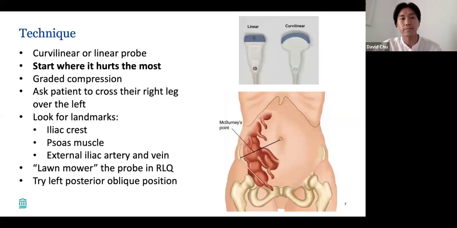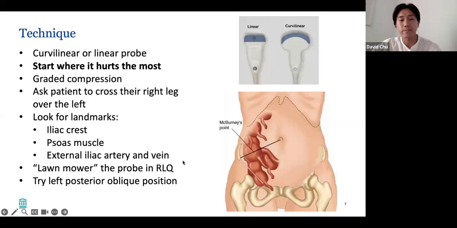You could sometimes ask the patient to cross their right leg over their left, and occasionally that could bring the appendix more anterior. These are the traditional landmarks that we'll be looking for. We'll go through it in more detail later, but basically, most lateral, you will see the iliac crest, and then you will see the psoas muscle as you go more medial. The most medial structures are the external iliac artery and vein. We should expect to see the appendix, if it's an anterior lying appendix, just sitting anterior to the artery